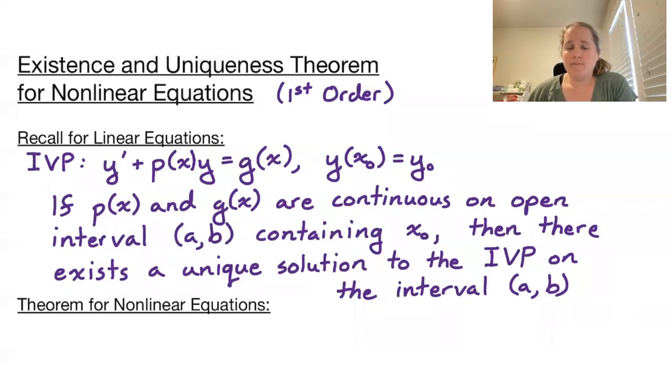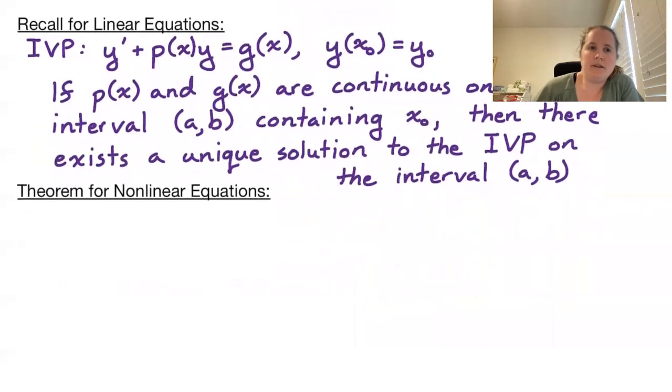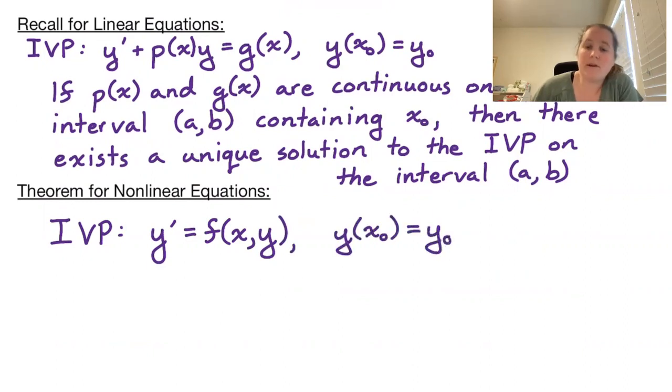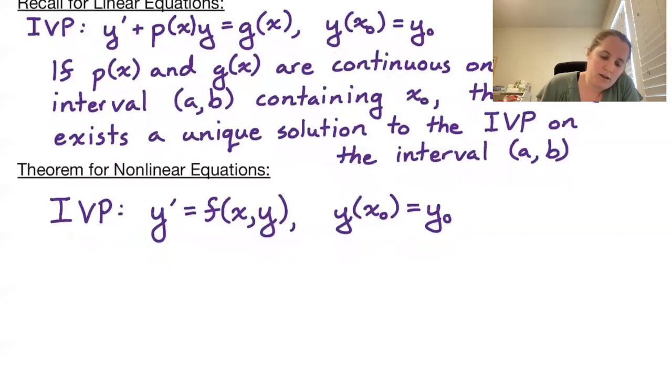Nonlinear, this is a little different. So for nonlinear equations, again, let's consider the IVP y prime is equal to f of x comma y, and y of x naught is equal to y naught. We are going to break this into two pieces. We are going to have a theorem, conditions for existence, and then conditions for uniqueness. So for existence,